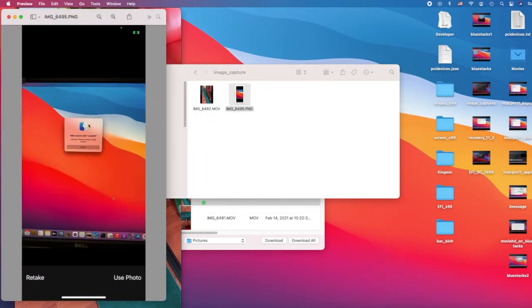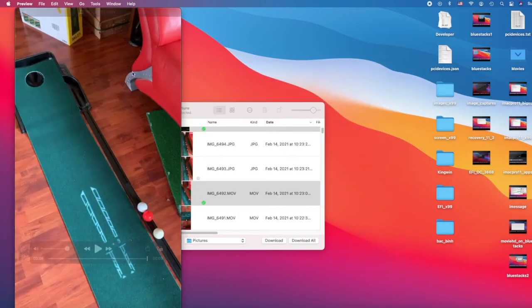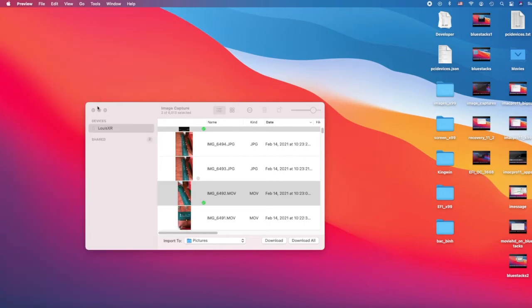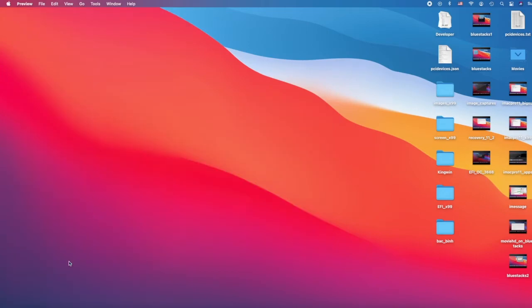So this one you scan, import the picture from the phone using the camera. So after you take the picture and then you say use photo, it will go in. So that's two ways to import,